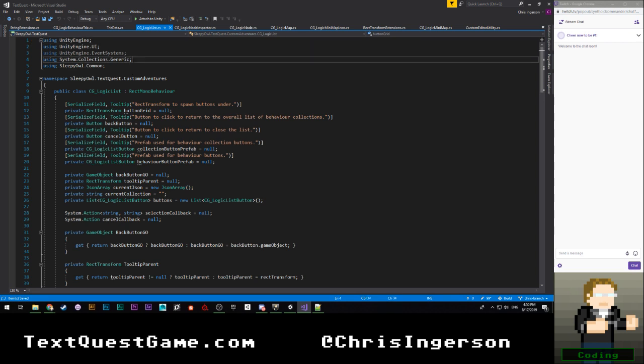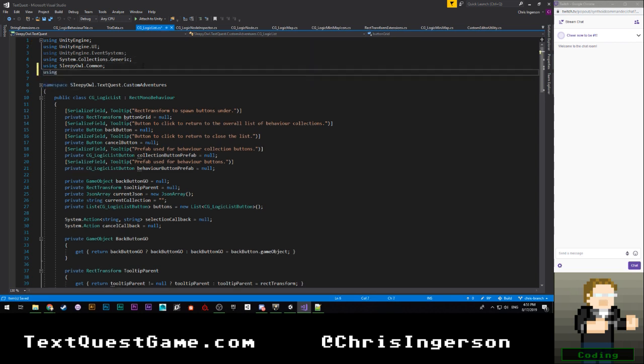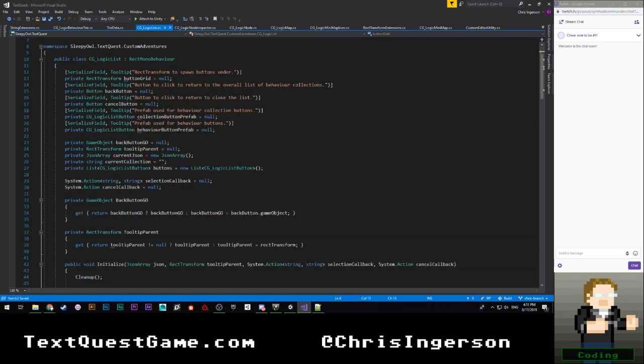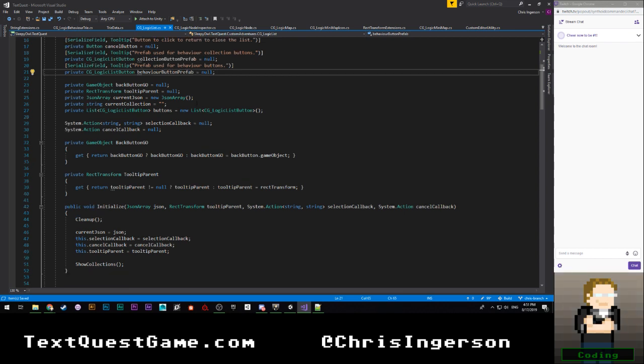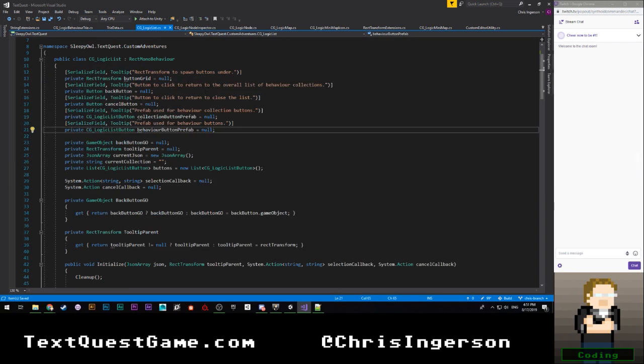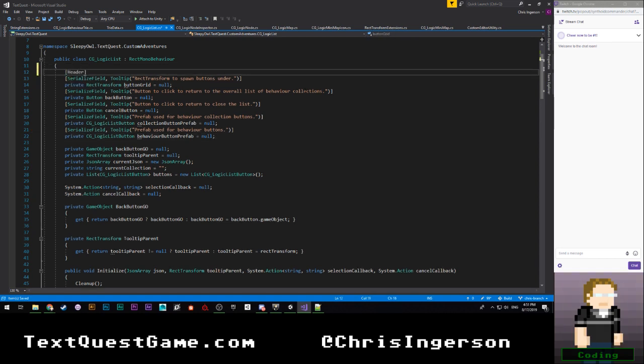Yep. We're going to say using TMPro. And holy crap, we might actually get this working. I thought this was going to take a lot longer to do. I thought we were going to start it, and we might actually be able to get it to work today. So let's go to, let's see, button grid, back button, cancel button, buttons. There's lots of buttons here. I'm going to go ahead and say header